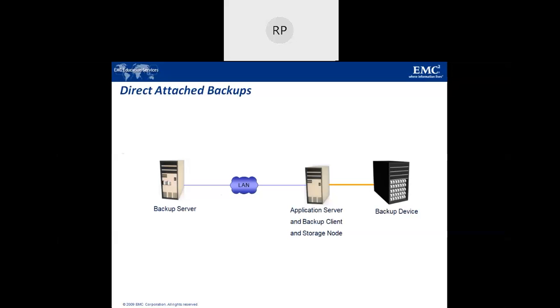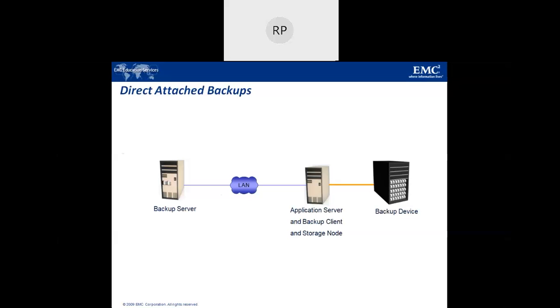Now here you can see, this is your application server and it is going to be your backup client, and the storage node is configured on the backup client. You can see here the backup device is directly connected to this application server,